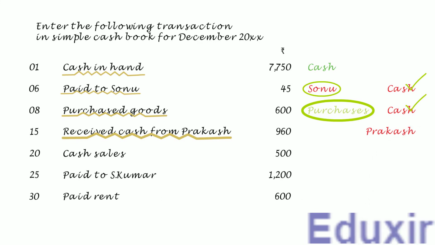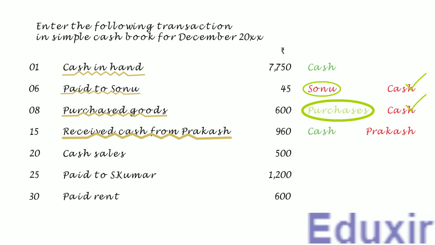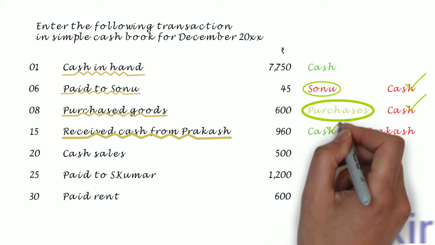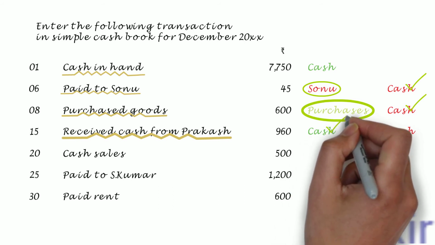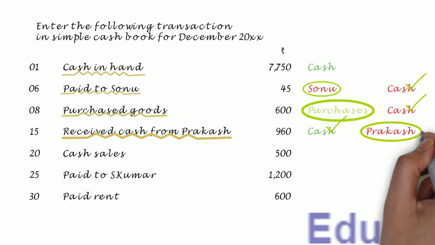At the same time, as the debtor Prakash is paying to the business in cash, the cash asset of the business will be increasing. The rule to record any increase in the asset is to debit the corresponding assets account. In this case, the cash account should be debited. In this transaction, as you can see, the cash is on the debit side. So it needs to be posted on the debit or receipt side of the cash book. Note that the particulars that need to be posted into the receipts column of the cash book is Prakash.